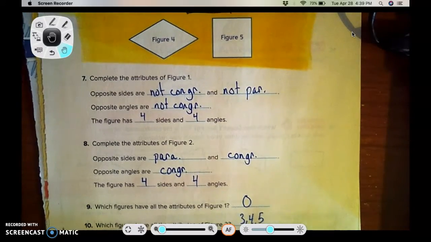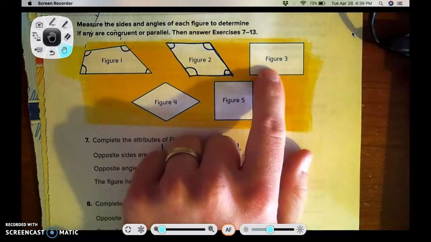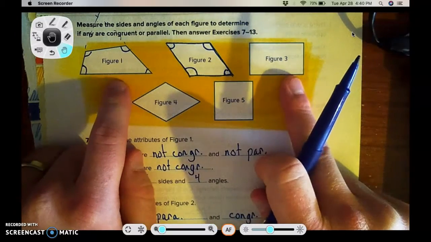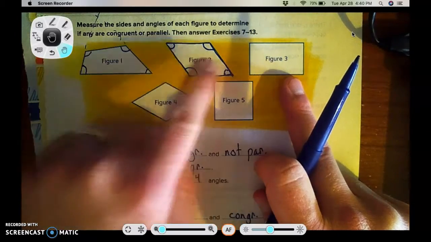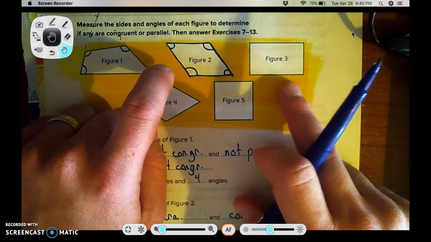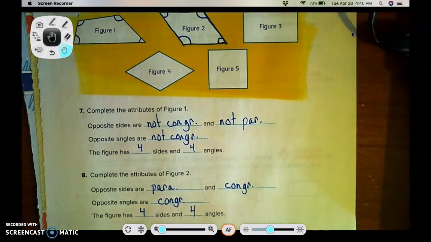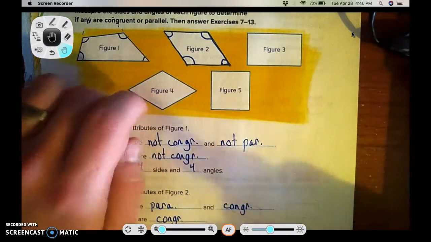Which figures have all the attributes of figure number 3? So figure number 1 obviously doesn't. Figure number 2 has opposite sides congruent, opposite angles congruent, and the opposite sides are parallel. So we're going to say that anything